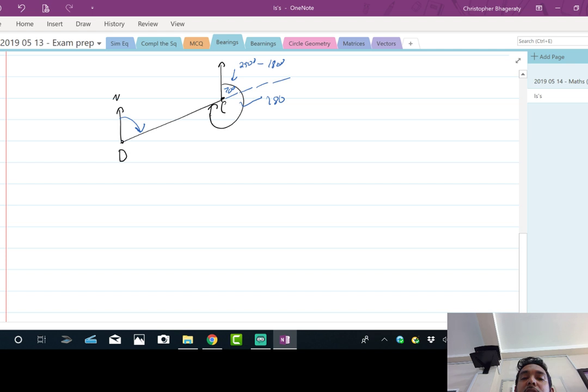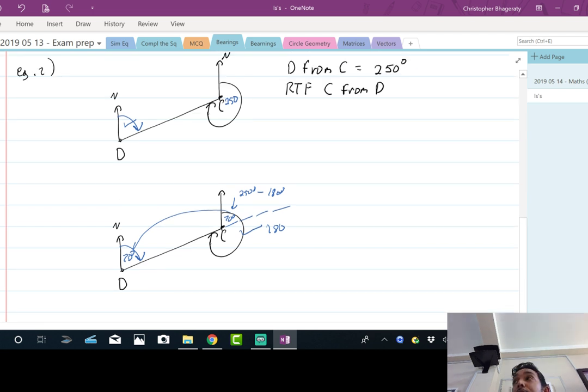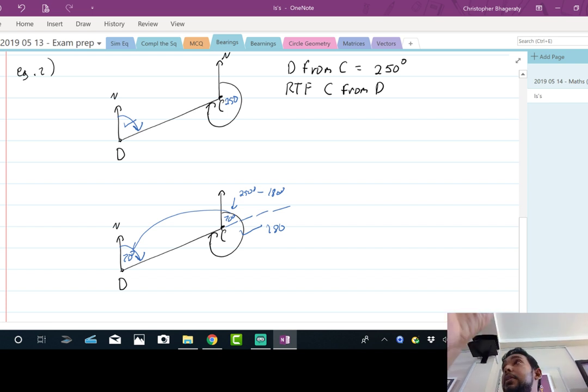And if you notice, this is the same diagram from above in terms of the generic shape. So we have the F angles once again. So this angle down here is just going to be 70 degrees. All right, cool. So 70, 70. So that's the basic gist behind bearings. Remember, the major things you have to be mindful of with bearings are the north lines. All north lines are parallel, which facilitates using F or Z angles.